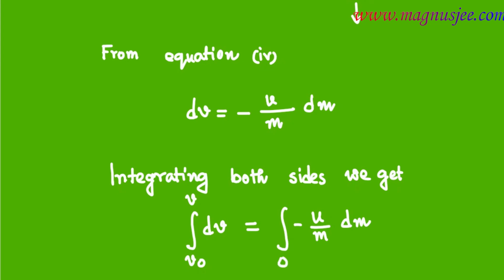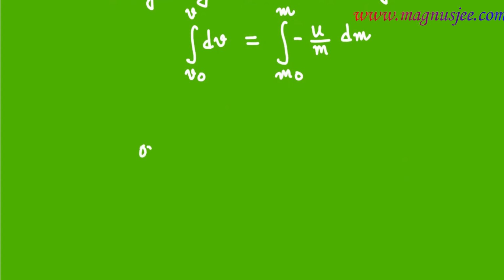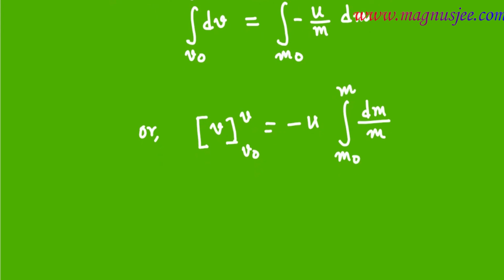That's why you have to use the limits of mass, that is m0 to m. Integration of dv means only v under the third bracket, v0 to v, equal minus u, where u is constant, that is, the relative velocity of exhaust gases is constant with respect to the rocket, equal minus u integration m0 to m dm by m,